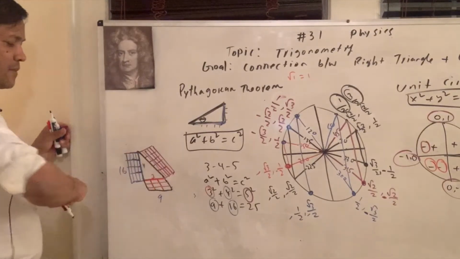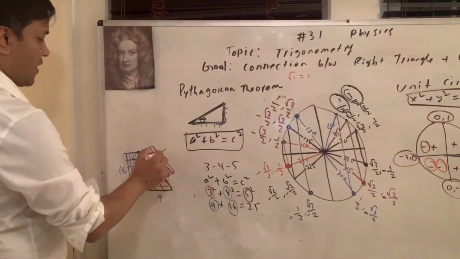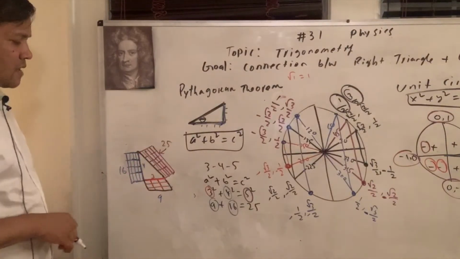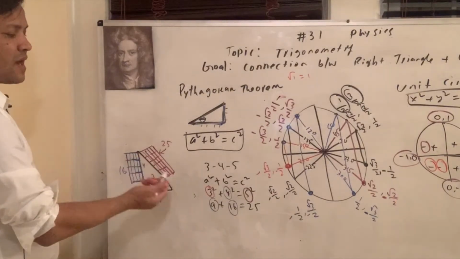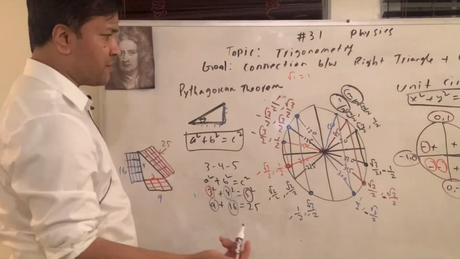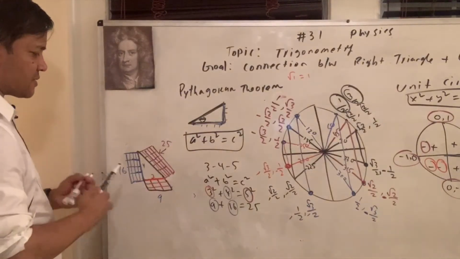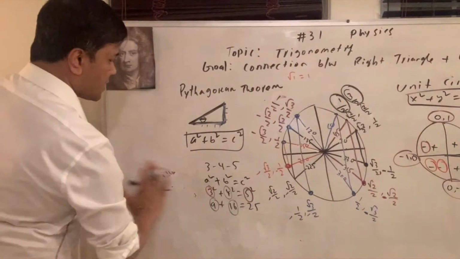So there are 25. Alright, so this is 25. So this is a visual proof. Now I'm going to show you the algebraic proof, which is more important. Okay, so I'm going to quickly show you the algebraic proof of the Pythagorean theorem, and that is